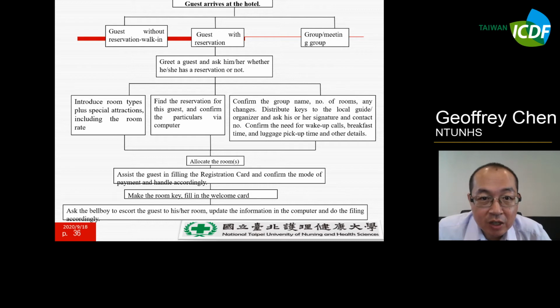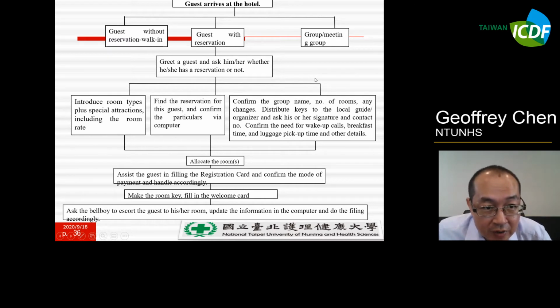So when you contact them, you have to greet them, say hello, and ask whether they have a reservation or not. Next are the three conditions.